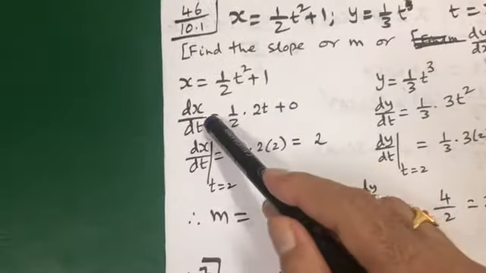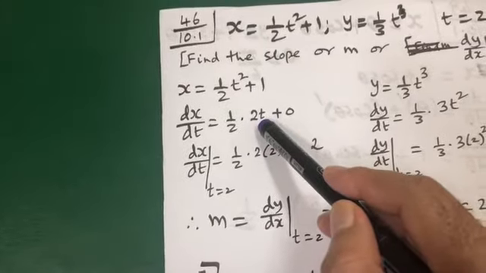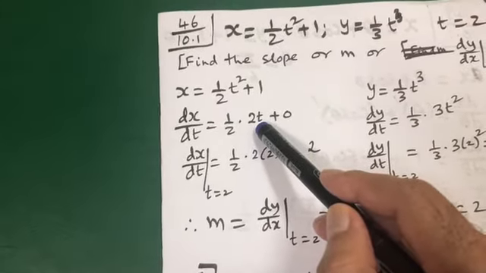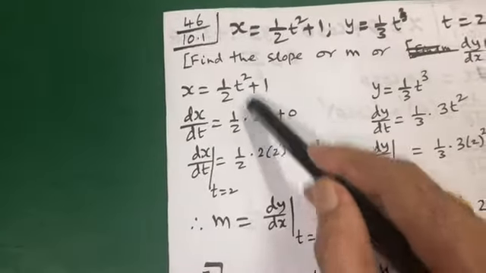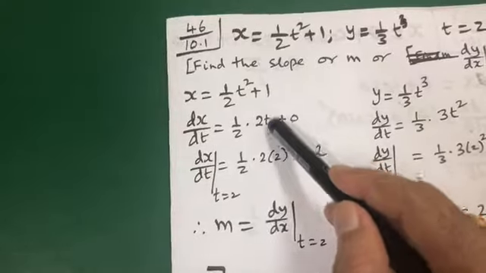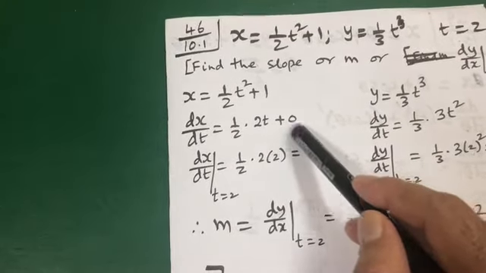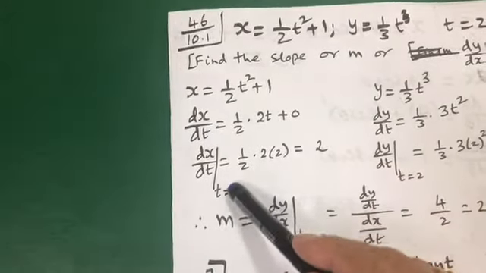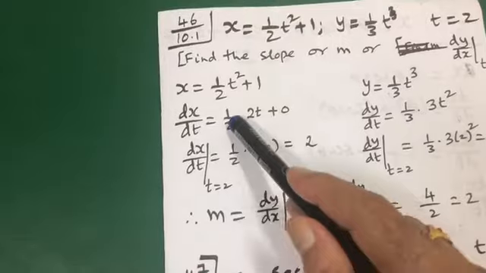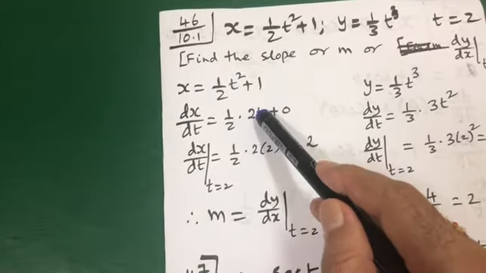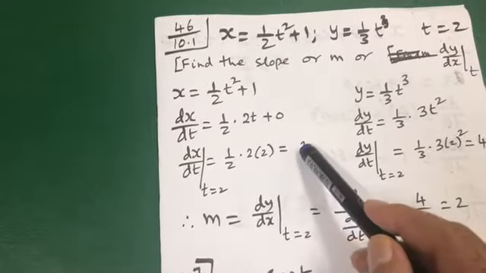That will be your answer. So let us do it. Very simple. dx over dt is equal to half times the derivative of t square, which is 2t. Don't forget n x power n minus 1. This is the formula for the derivative. 2 minus 1 is 1. Plus 1 is a constant, its derivative is 0. After finding the derivative, you have to put the point t equal to 2. You put half the same, 2 the same, replace t with 2, and finally using a calculator you get 2.